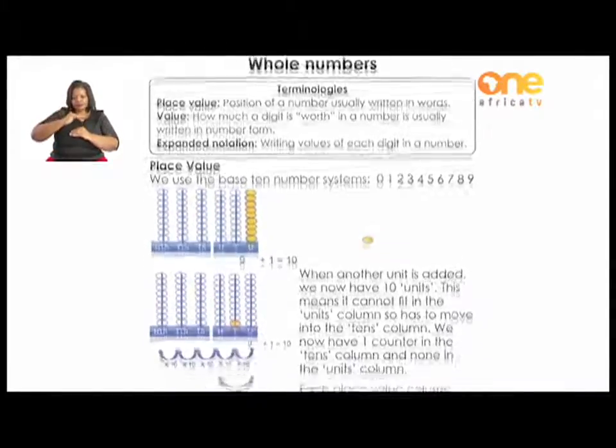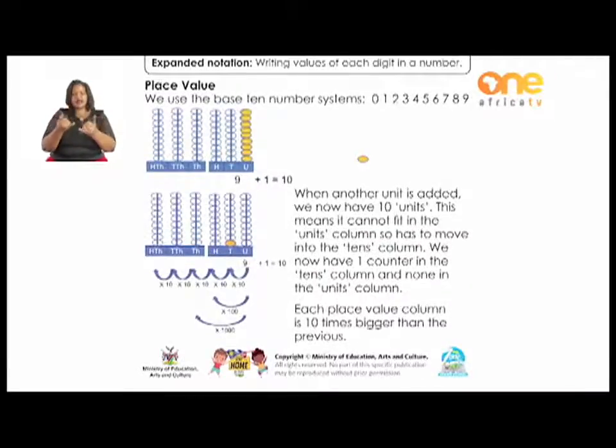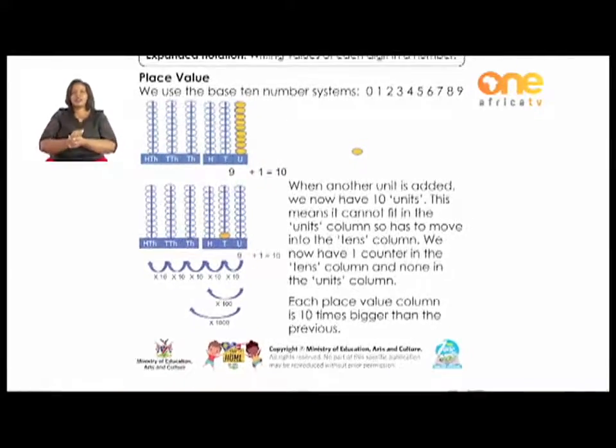Place values. We use the base 10 number system, meaning from 0 to 9. You can see the numbers which are listed there: 0, 1, 2, 3, 4, 5, 6, 7, 8, and 9. If you look at the first picture indicated there, the diagram, you can see